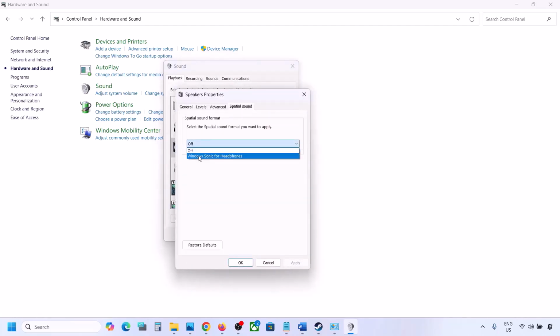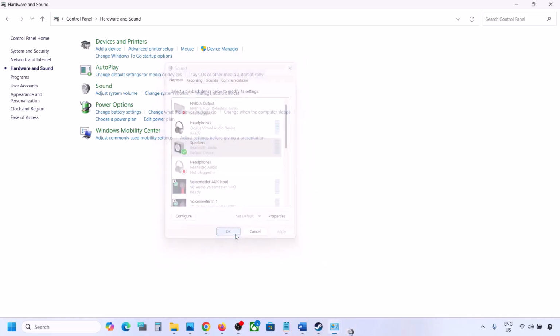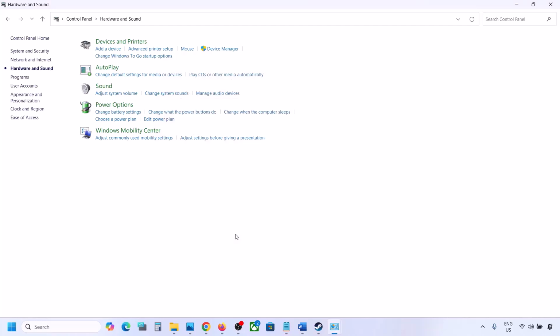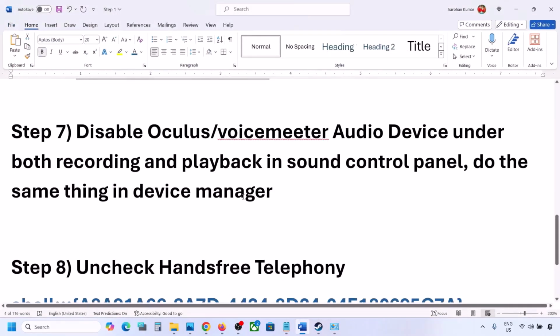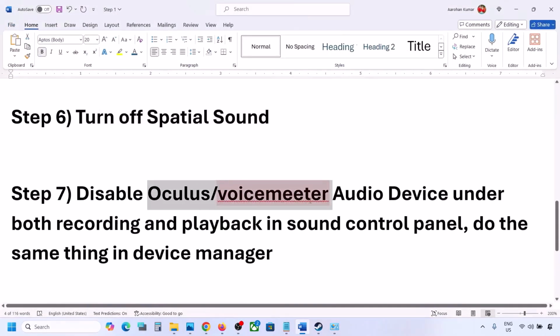If this is set to Windows Sonic, you can turn it off and then click on OK, or you can do the vice versa. If it is already set to off, then you can try Windows Sonic and then check. Now the next step is, if you have applications like Oculus or voicemeeter or any other audio device,